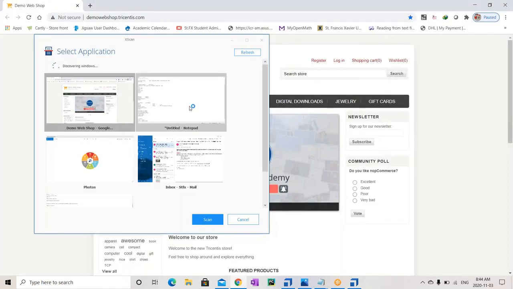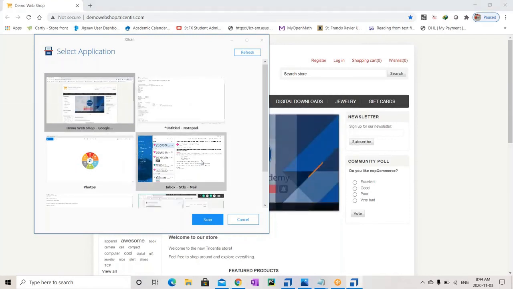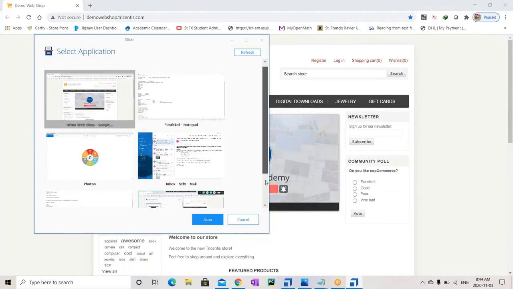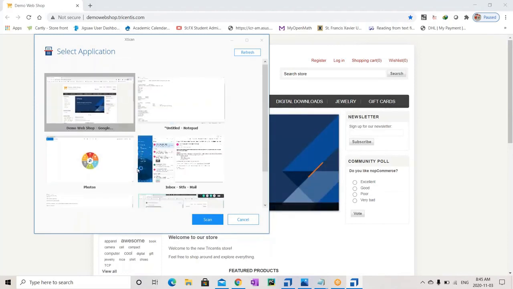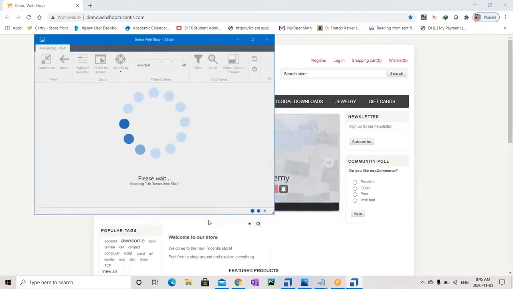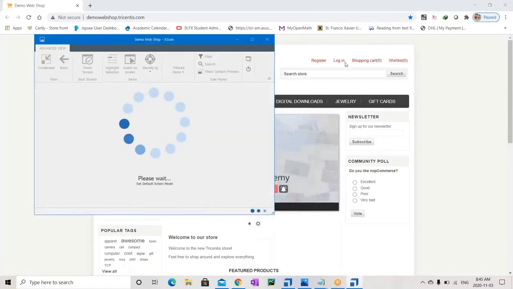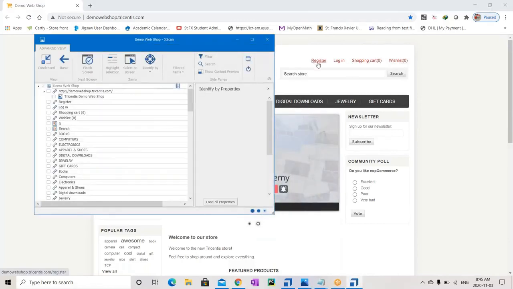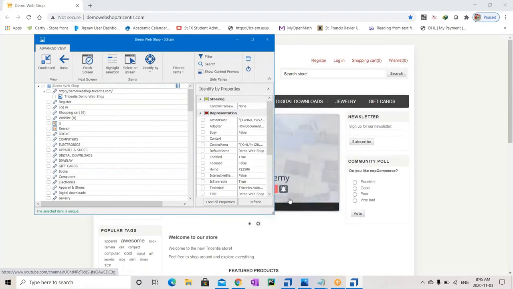This is the web page, this is the notepad, this is a pic that is open, this is my Outlook. So it is showing us all the screens that are present, right? So this is the one which I want to scan. So I'll just select it and click on scan. Let us scan the register and this particular top menu, and let us click on this button and scan the register screen so that we will understand a basic flow.